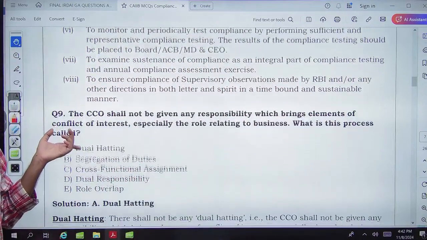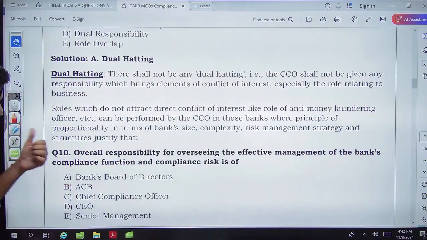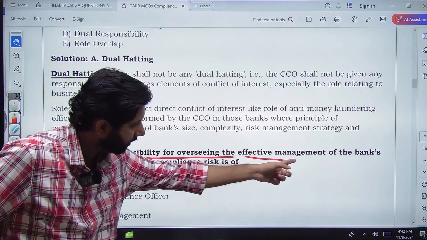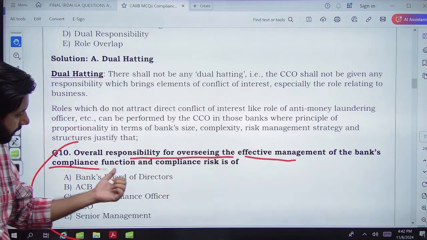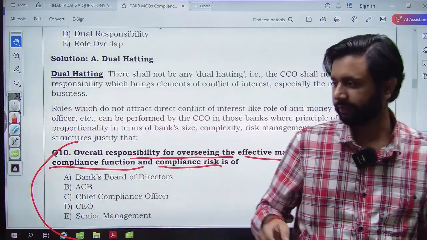ठीक है, चलिए, now let's move on to the next question, which is overall responsibility for overseeing the effective management of the bank's compliance function and compliance risk is of. अब देखो यहाँ पे कीवर्ड है ओवरऑल,